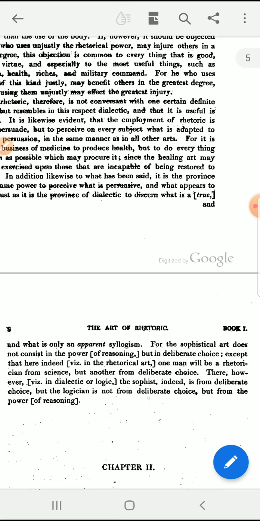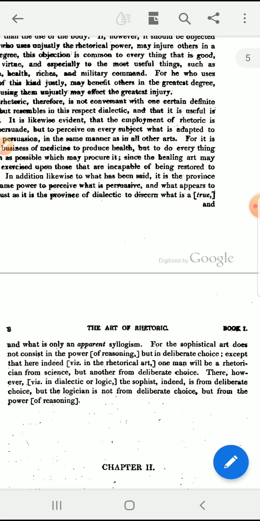If you're wondering what deliberate choice is, I recommend that you go and read Aristotle's Ethics, Book 3. I believe it's chapters 2 and 3. He speaks of deliberate choice. And so this brings us to the end of chapter 1. You can see that the general aim of chapter 1 is for Aristotle to explain what the true art of rhetoric is and why there are other practices that are referred to as rhetoric which are false and not the true art,